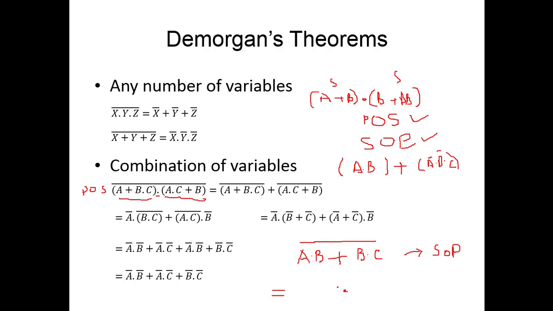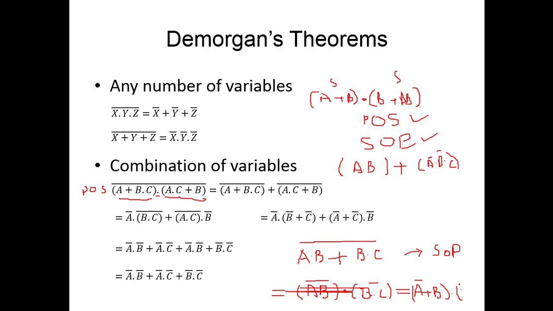Then this complement is distributed to each term. So this term becomes a and b whole complement. Similarly, this term becomes b and c whole complement. Now a and b whole complement becomes equal to a complement plus b complement. Similarly, we have an AND operation over here, and this becomes b complement plus c complement. So this is how De Morgan theorem is applied.